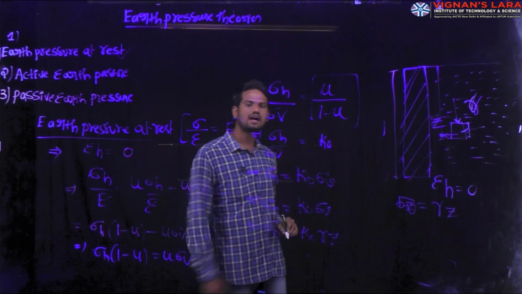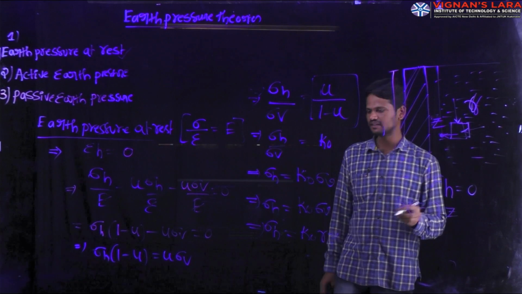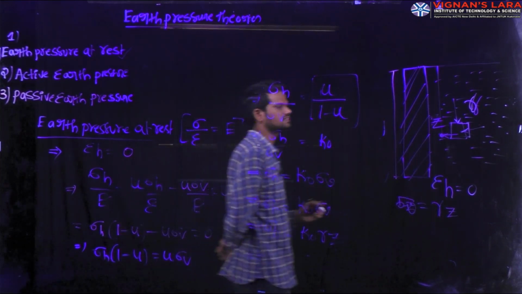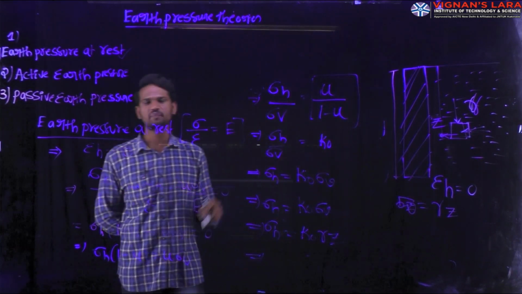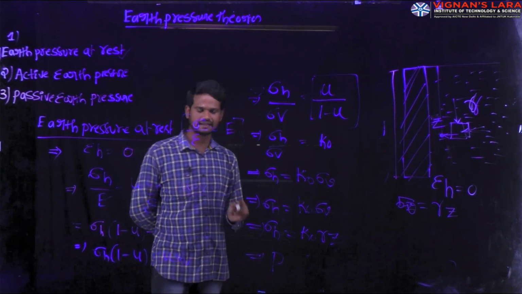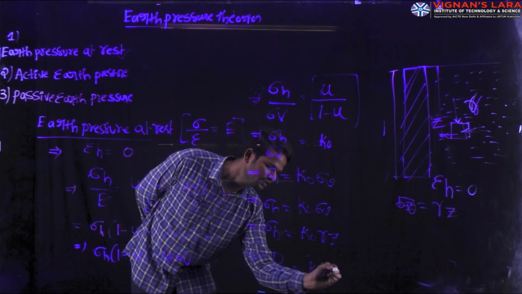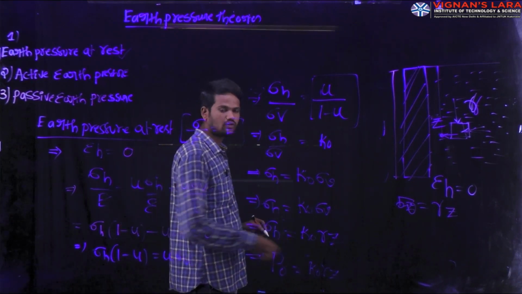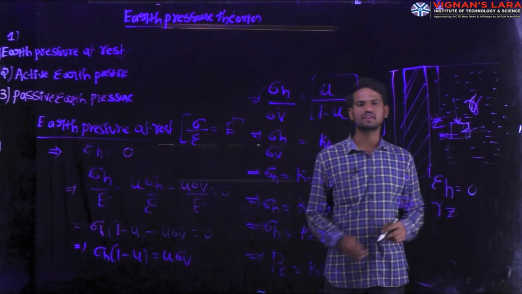This is the amount of horizontal pressure acting on the wall when the wall is in a rigid condition. This sigma h, in some conditions, is named P naught. The horizontal pressure can also be represented as P naught. That means the horizontal pressure at rest condition, P naught, equals K naught into gamma into Z. This is the amount of pressure creating on the wall.